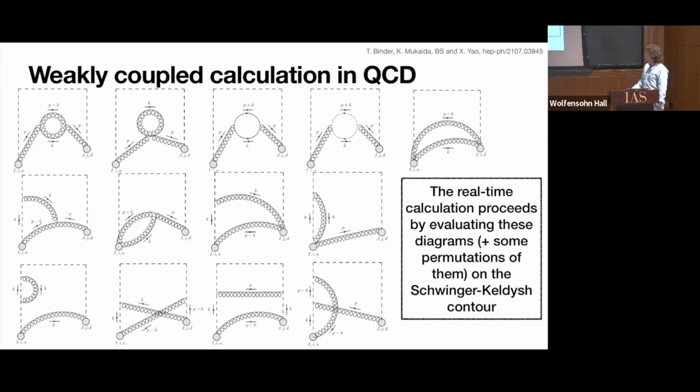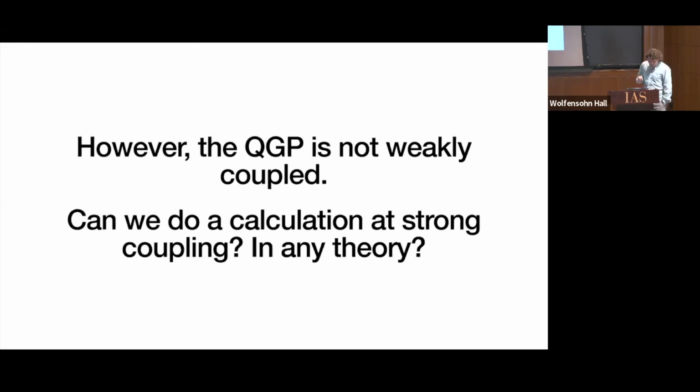The first thing you do is a perturbative calculation in QCD. This is it. I'm not going to explain it. It's just a lot of diagrams. But the quark-gluon plasma that we care about is actually not very weakly coupled. It's quite strongly coupled. And motivated by successes using holography to describe the quark-gluon plasma, we'll do exactly that.